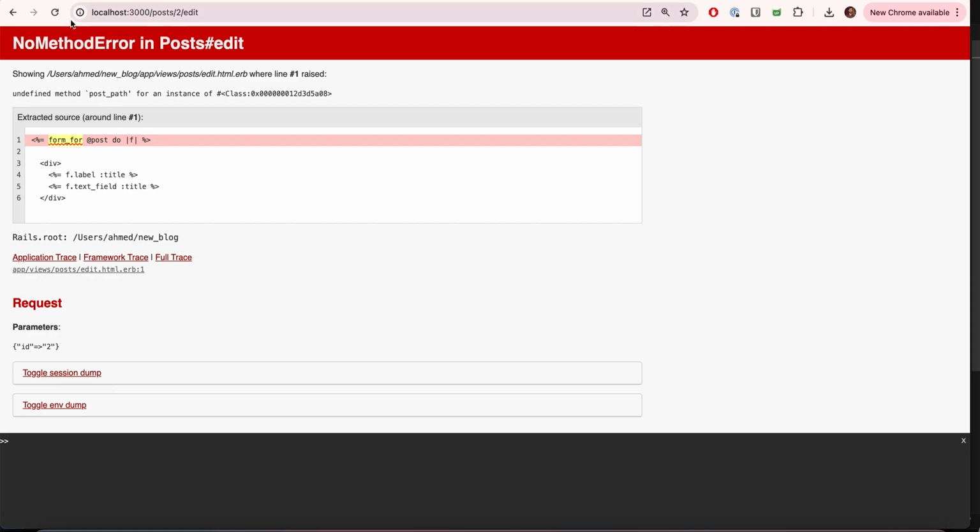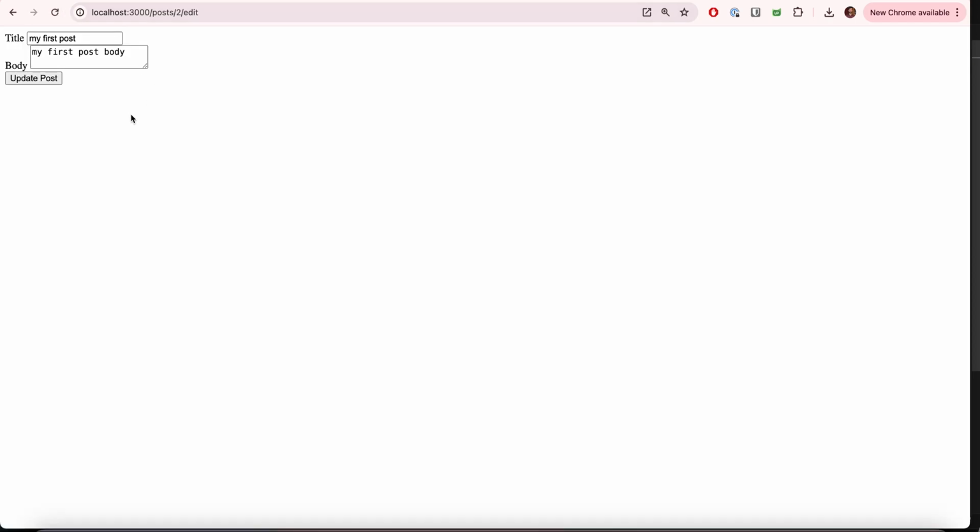Let's go back to the browser and refresh. So you can see that it found the post from the database with the ID 2 and filled the form with the details of that post. So if I change the URL to 1, it will find the post with the ID 1 and fill the form with those details, right? And now when I